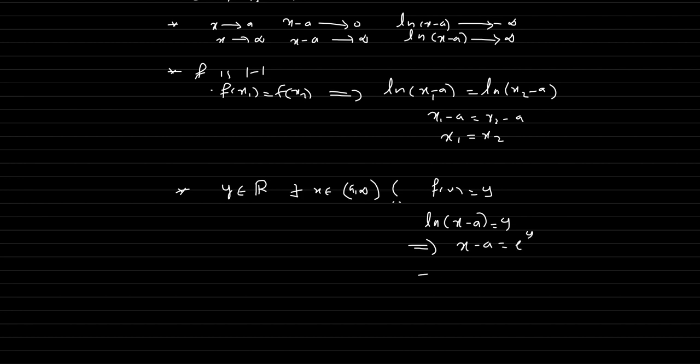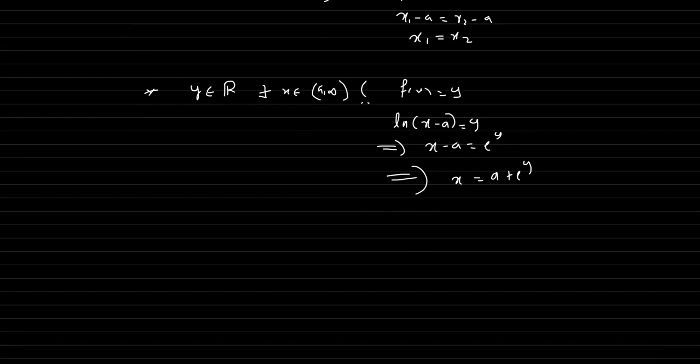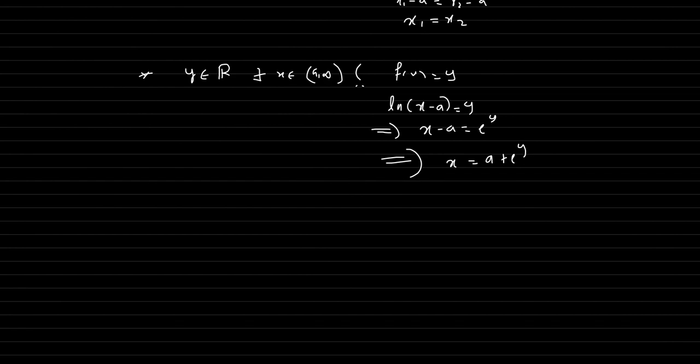And this implies that x is equal to a plus e raised to y. So, the inverse image of y is a plus e raised to y. So, f inverse of x is equal to what? a plus e raised to x for x belongs to R, and f inverse is a function from R to